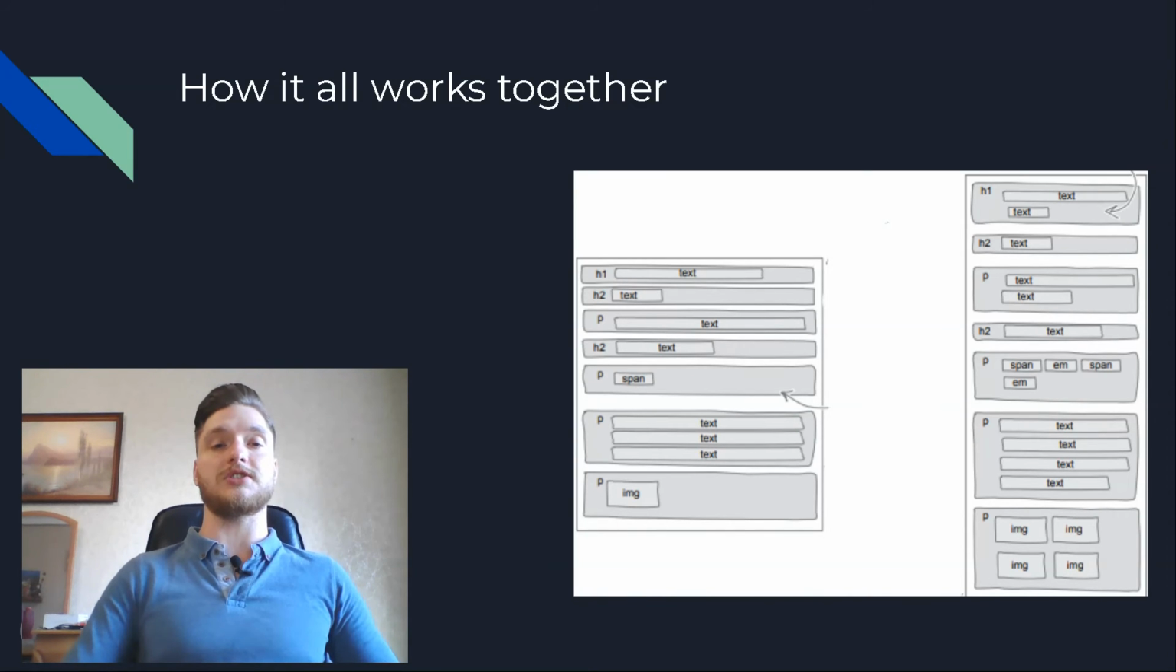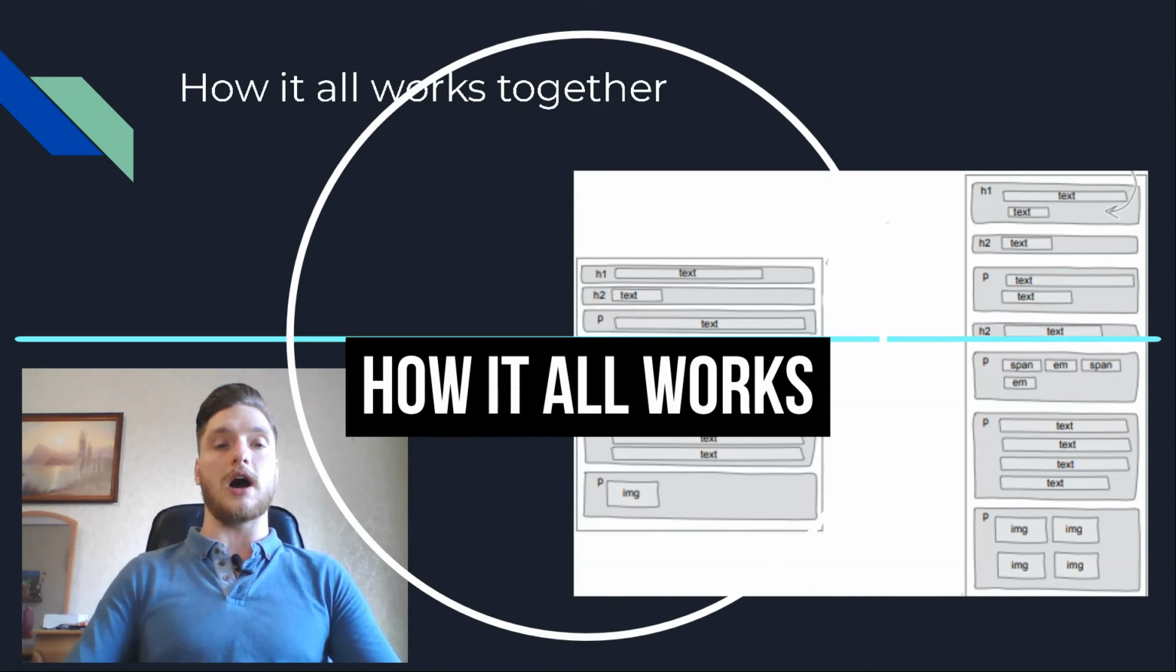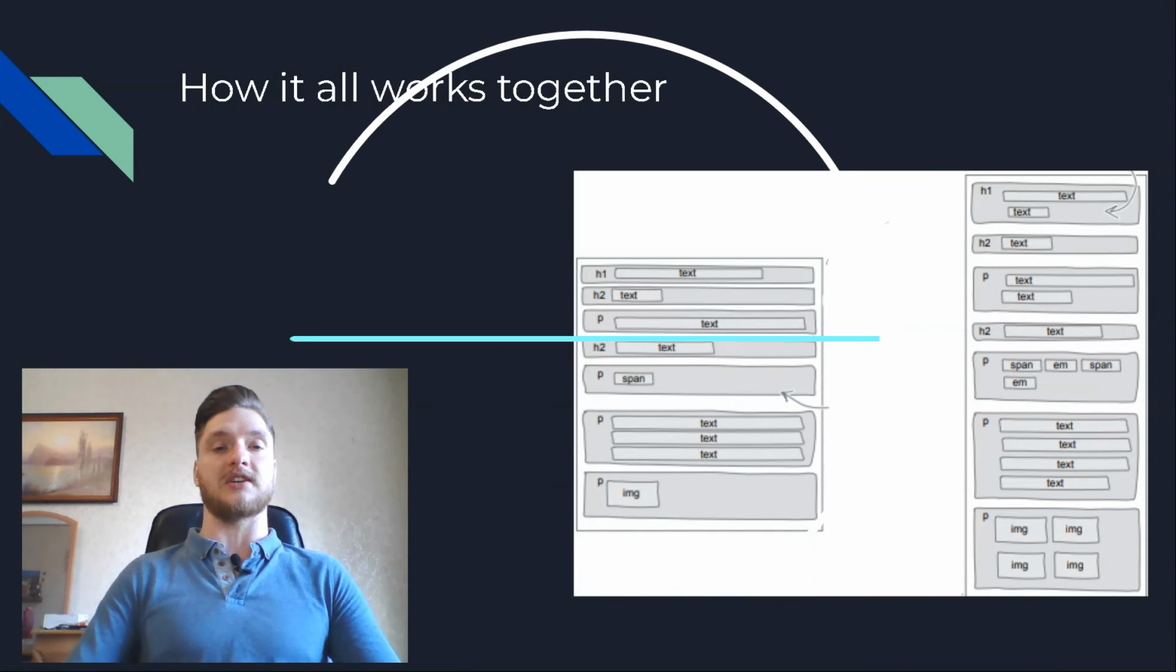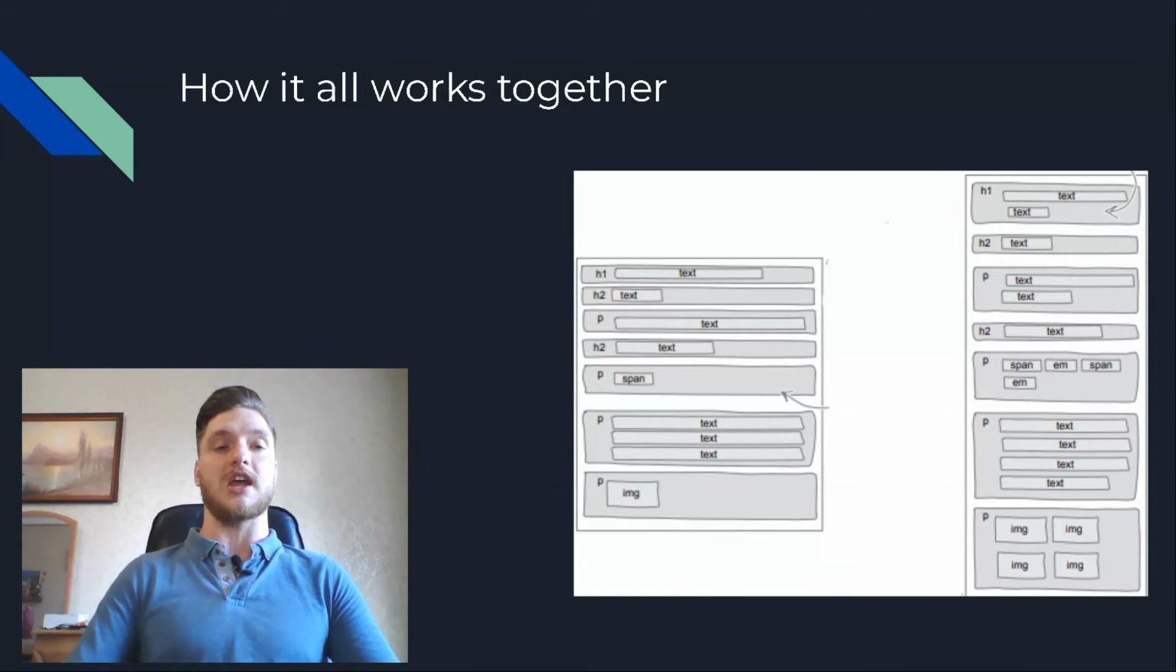How it all works together. Now that you know how block and inline elements are flowed, let's put them together. We'll use a typical page with headings, paragraphs, and a few inline elements like spans, some emphasis elements, and even images, and we can't forget inline text. We're starting with the browser window that's been resized to a fairly wide